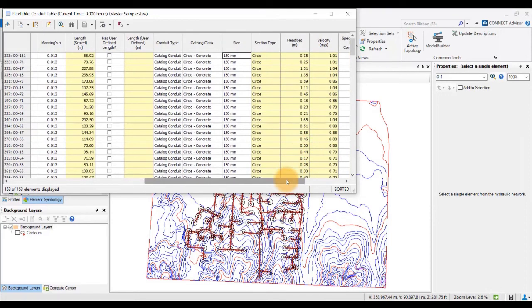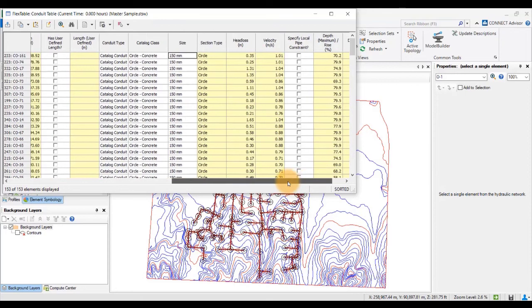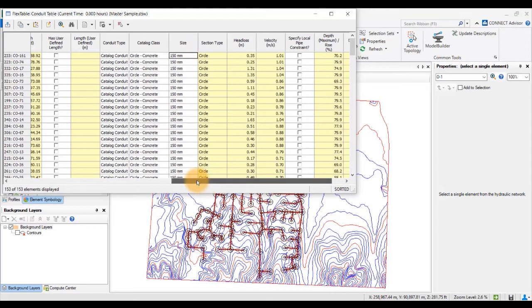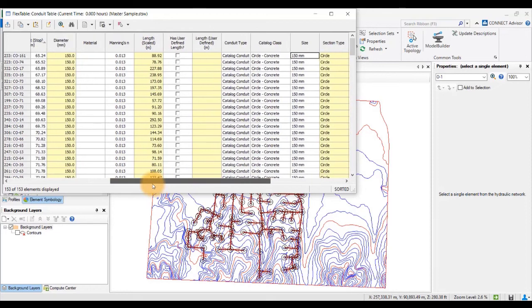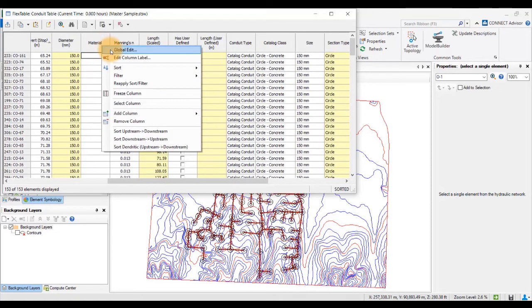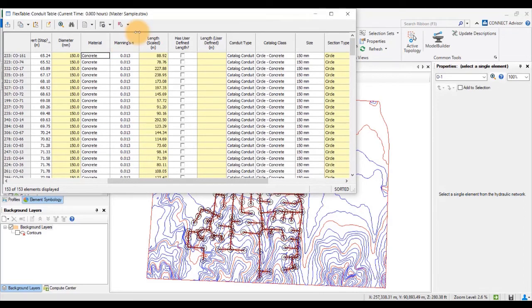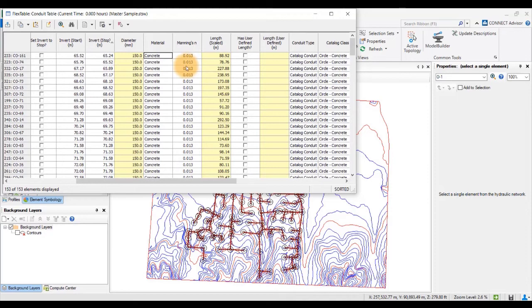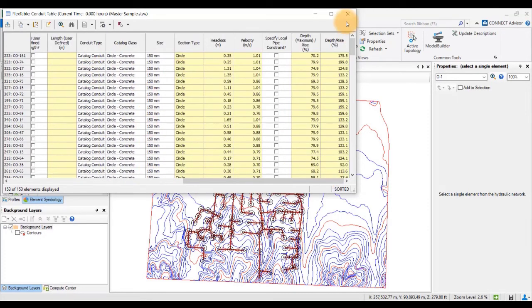Currently we don't know any pipe diameter, so it's wise to keep a minimum size diameter for all the pipes, and using this initial value the software will interpolate and see which is the best size that has to be taken as per the flow. So the material we have to keep as concrete. The Manning's n is 0.013 for concrete, that is already put over there. So our conduits are now set up.